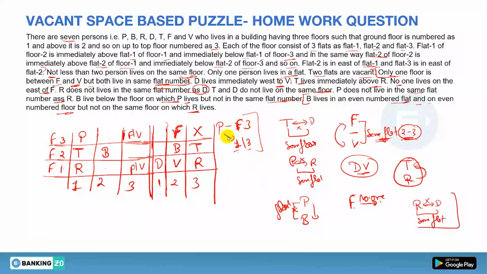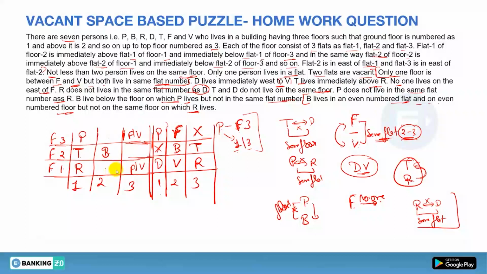Now see, this P in this case, it is obvious that P must be here. Done. Now 1, 2, 3, 4, 5, 6, 7 is done, so this must be empty. Now in this case 1, 2, 3, 4, 5 are done. 3, 4, 5, 6 are done. Now we are remaining with the seventh person.